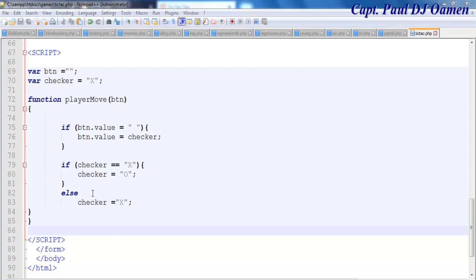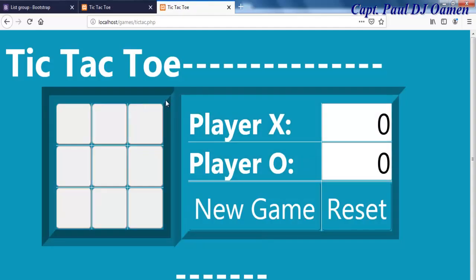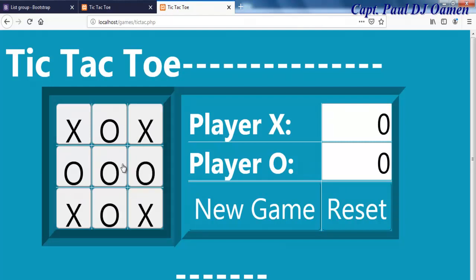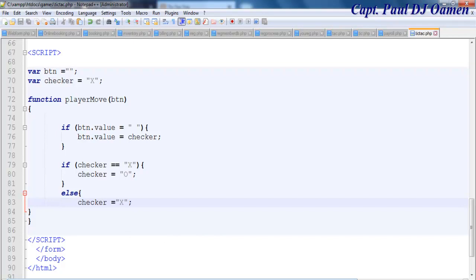okay, I cannot just run it yet. Let's correct this. Yeah. Save that again. And let's go straight to my browser and refresh the browser. There we go. We can just enter X and zeros, whatever, in there. Reset, nothing can happen. There, let's go back. Alright, so the next thing is,